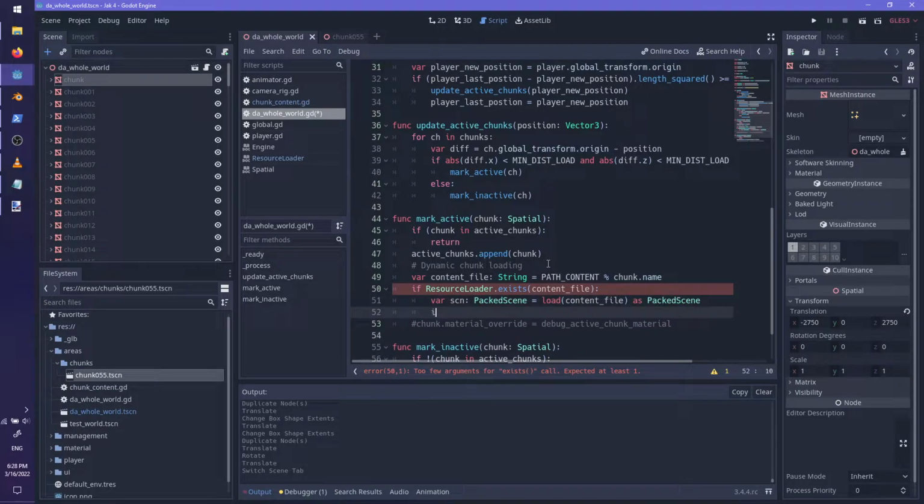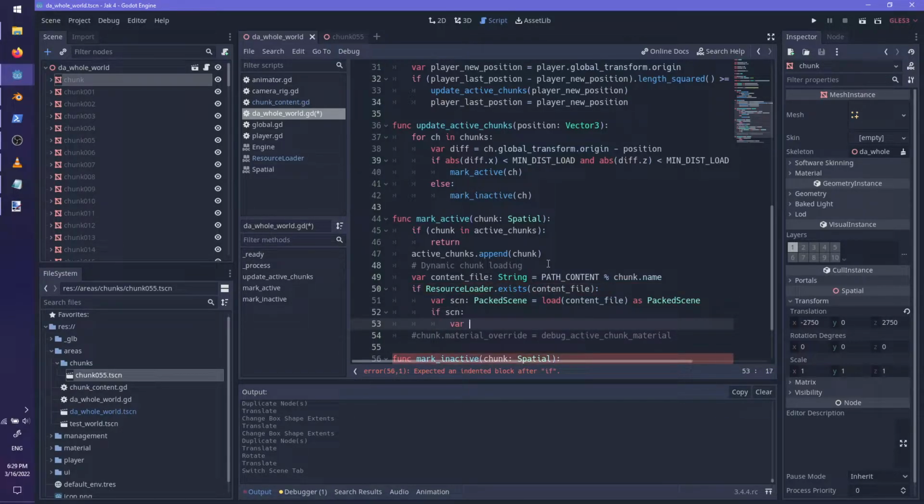If there's a scene, then we'll var node equals instance, name equals